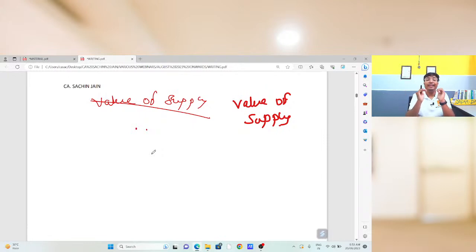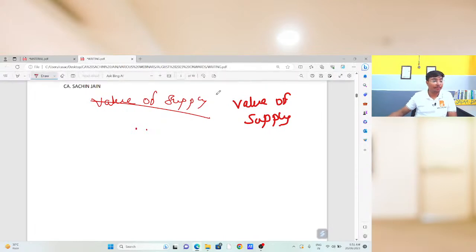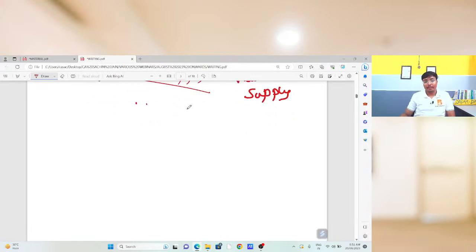Whether the value declared by the taxpayer is correct or not, and if there is any deficiency or any issue regarding the provisions of law, in that case also we need to connect with our taxpayer that there are certain issues. So for that purpose we are coming with this topic on value of supply. Okay, so how are we going to decide? Suppose